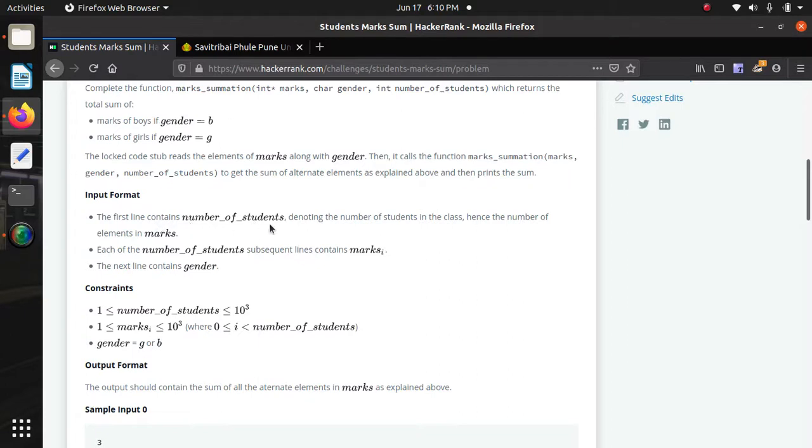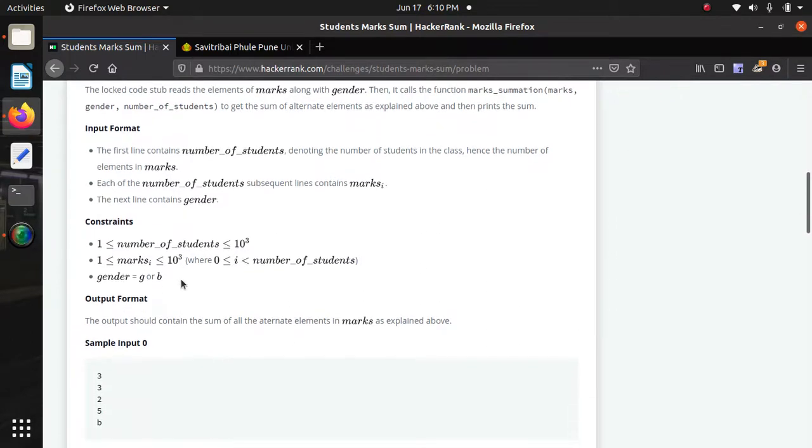The first line contains the number of students, meaning the size of the array. The second line contains the actual array, and the third line contains the gender, G or B. G is for girls and B is for boys.